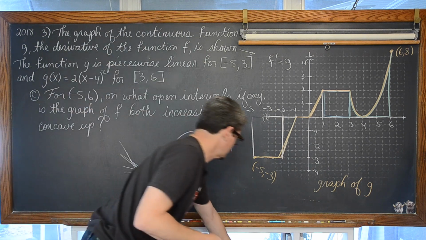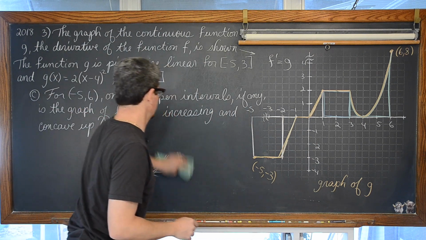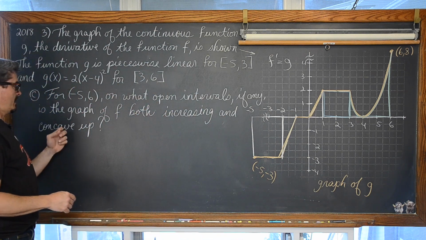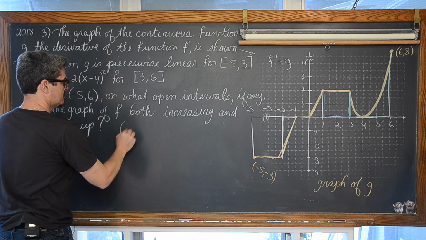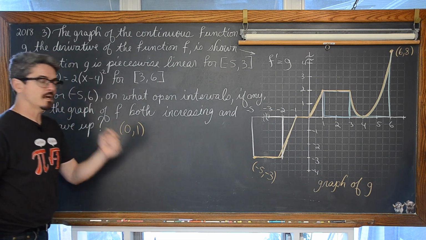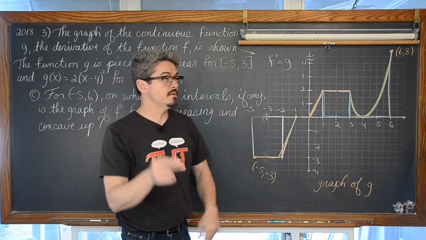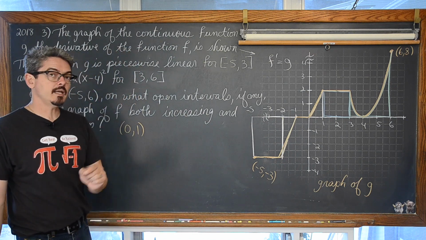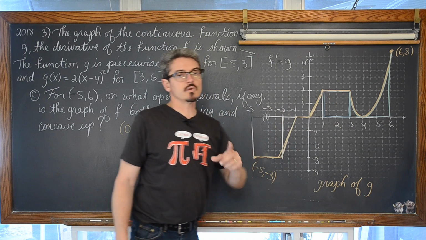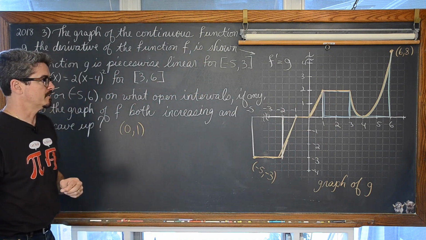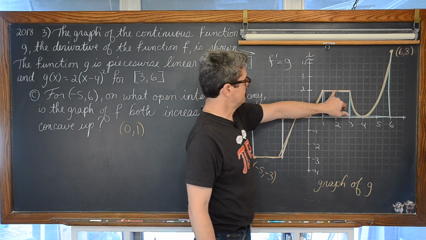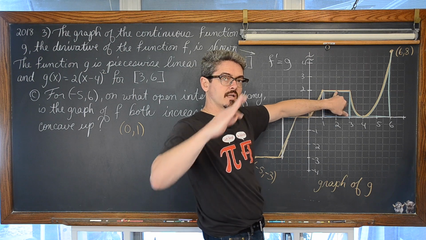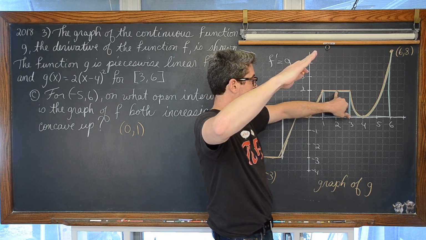Here we're getting answers from our derivative g or f prime, which are positive, but the derivative is also increasing. I'm not going to write all of this out because of lack of room, but I'll say it nice and slow. f is both increasing and concave up on 0 to 1 because g, which is f prime, is positive. That takes care of the increasing part, and f prime is increasing. Thus, f is concave up. And this is just a constant positive slope. It's not really concave up or concave down. It's just some kind of linear section with a slope of 2.